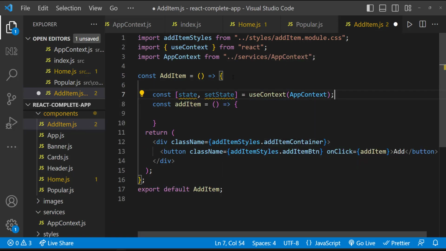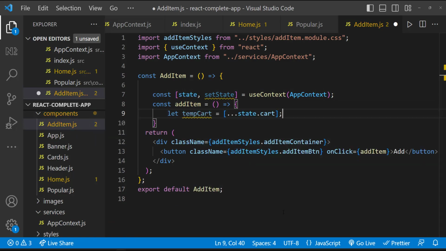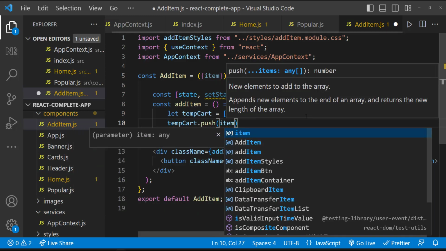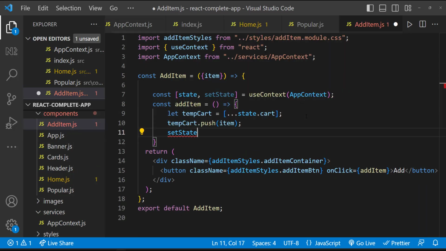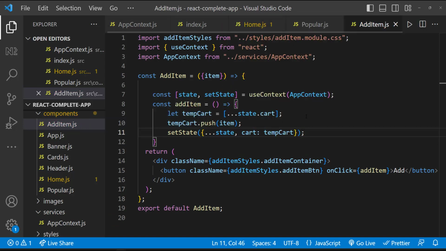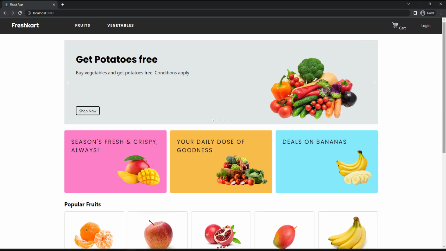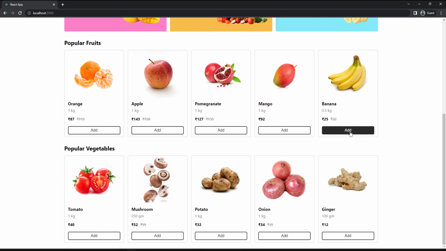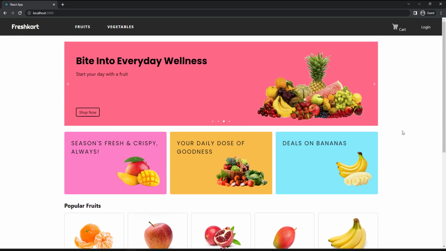Like this. Now inside this function, let me get the cart from the state and assign that to a temp cart variable. Actually, we are passing the item as props. And so we can get that here and we can push that item into this temp cart. And finally, we can set the cart in the state. Now we have added the item into the cart, but it would be nice if we show a count in